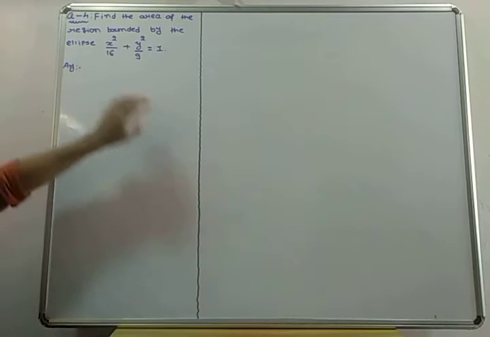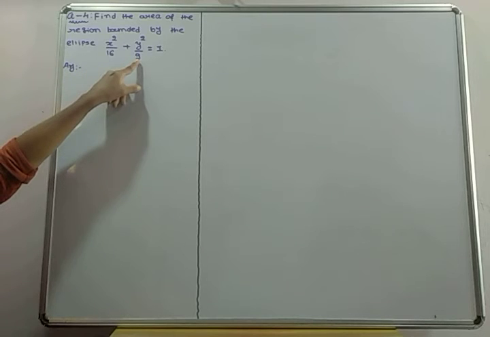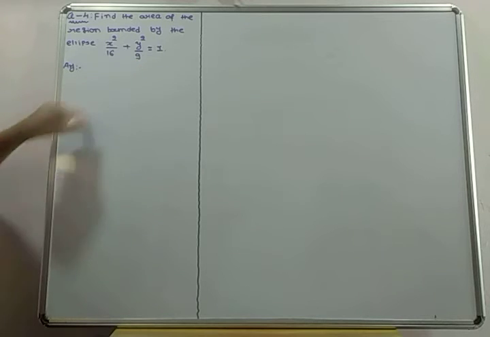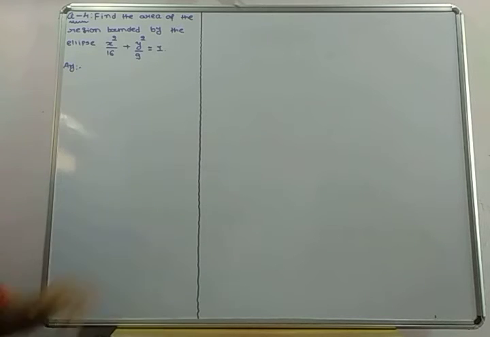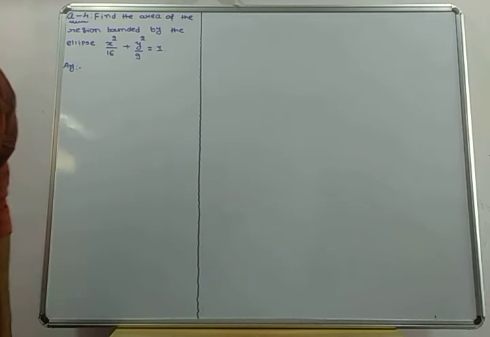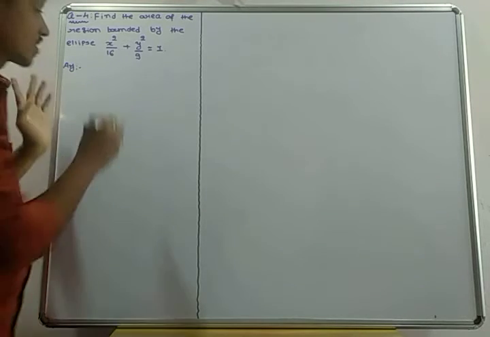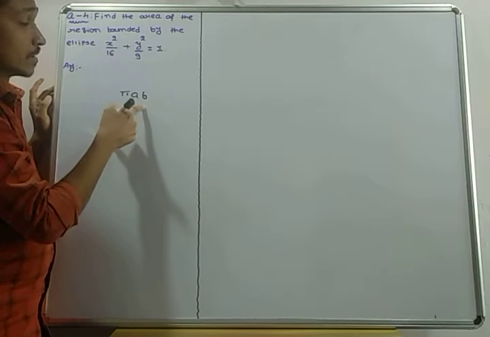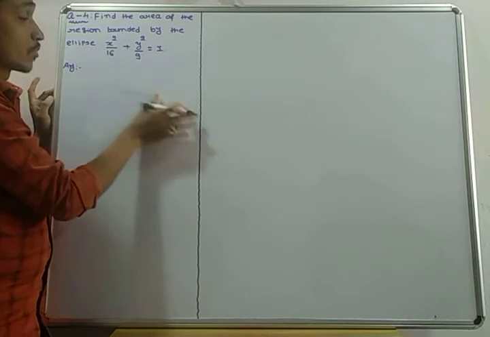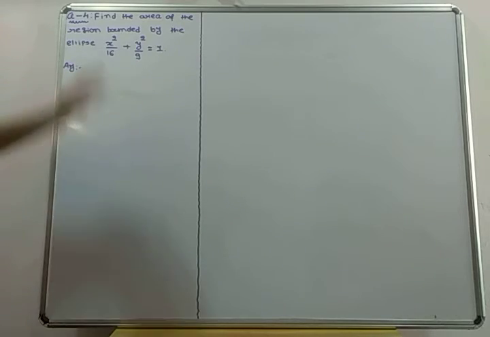So definitely x square by a square equal to 16, so a equal to 4, and b square equal to 9, so b equal to 3. A is greater than b, 4 is greater than 3, so the diagram is horizontal. Same as example number 2, but with different values. Let me say a shortcut. What was in example 2? The standard form x square by a square plus y square by b square equal to 1, and the final answer was pi ab. What is a here? 4, b is 3, 4 times 3 is 12 pi. The answer will be 12 pi. Okay, so let's continue with this question number 4.